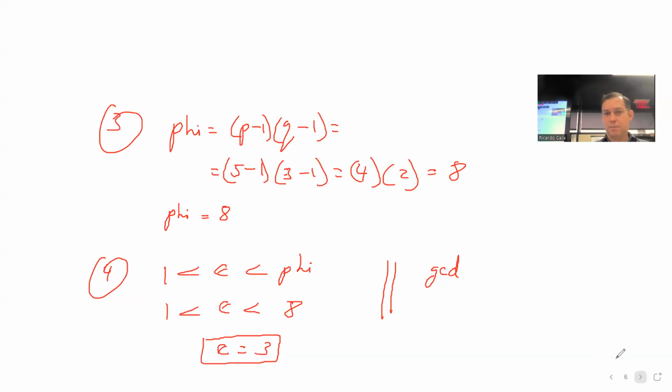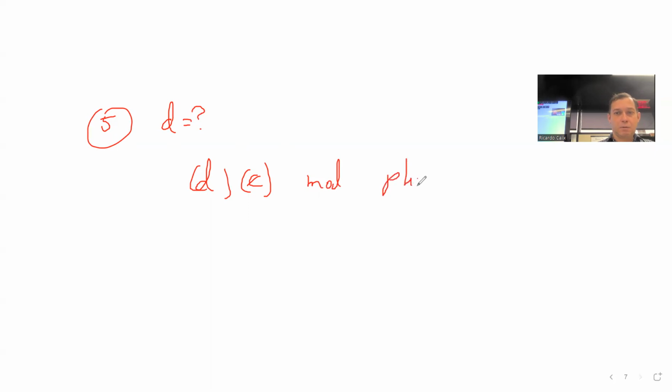So what was it? 4? Yeah. So this would be 5. Now we have to choose D, okay? So the equation for this one we defined previously. Let me just find it. So we said that D times E modulus phi equal 1. Now we should have all of these parameters already, so we should be able to just solve for